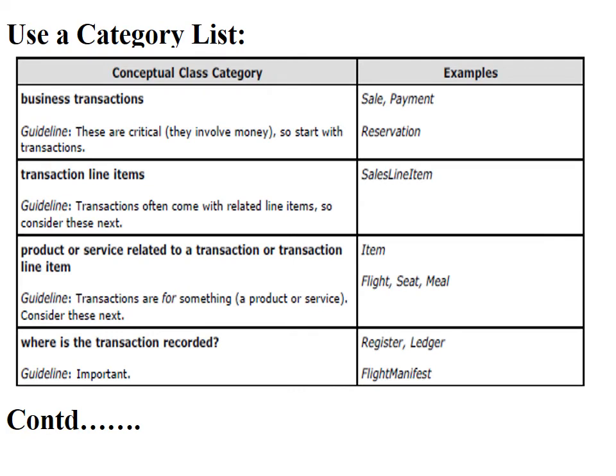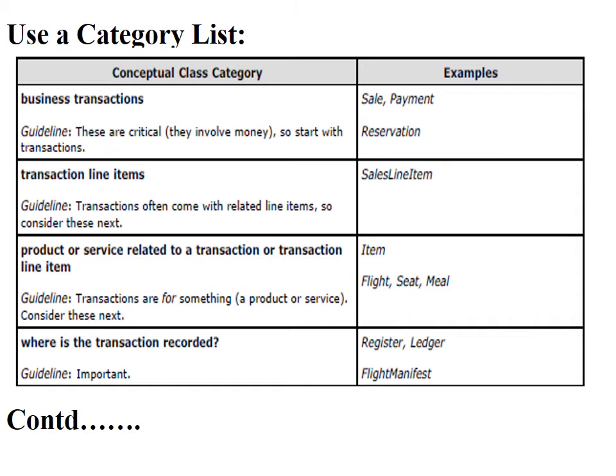This is the sample use case category list. What are the use cases of this application? From this use case category list also, we can collect the conceptual classes. Now we are discussing how to identify the conceptual classes. From the business interactions, what is the purpose? What is the purpose of this business interaction? You can find what the conceptual classes are.